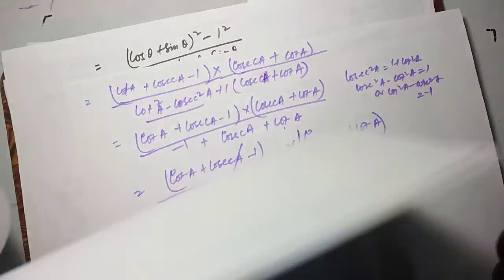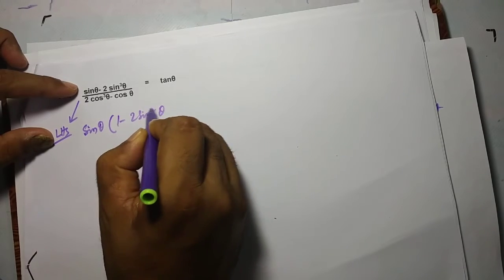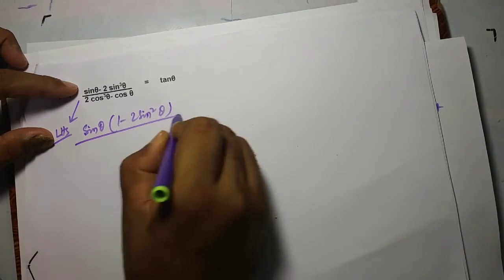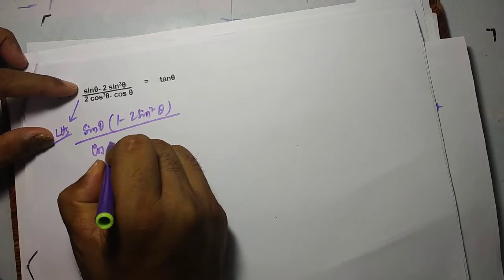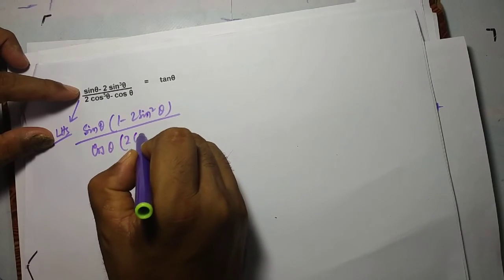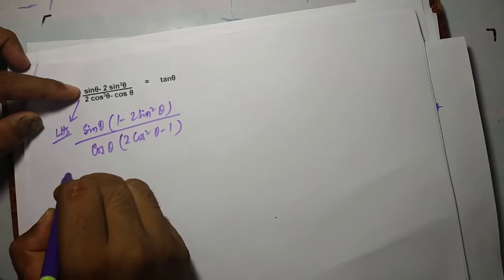Next question is sin theta minus sin cube theta over 2 cos cube theta minus cos theta. Just think here. So this is again, I will take the LHS first. So make it common on the top. For the numerator, I will take the common of sin theta. In both cases the sin theta is there. So this is 1 minus sin square theta over, cos common in the denominator, cos theta common. So this is 2 cos square theta minus 1.